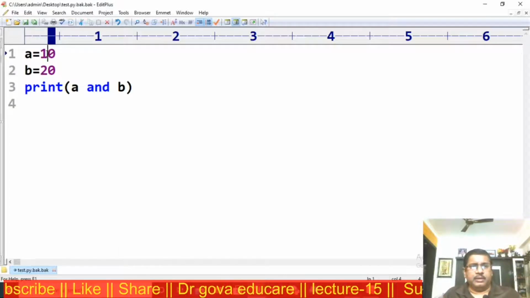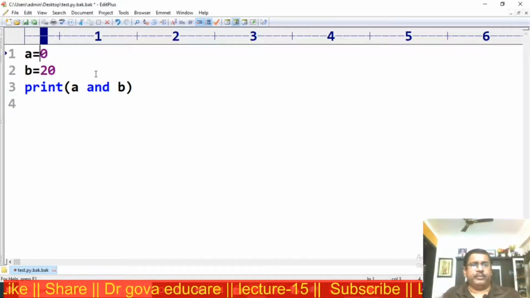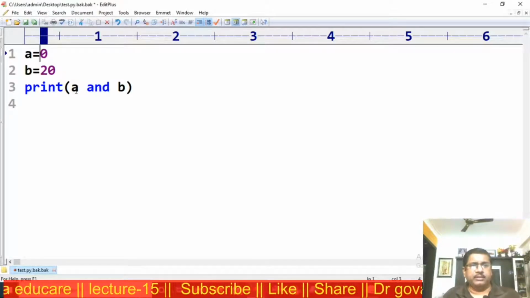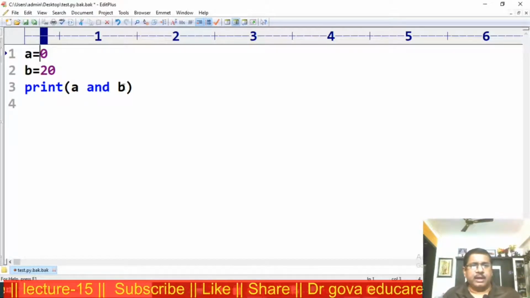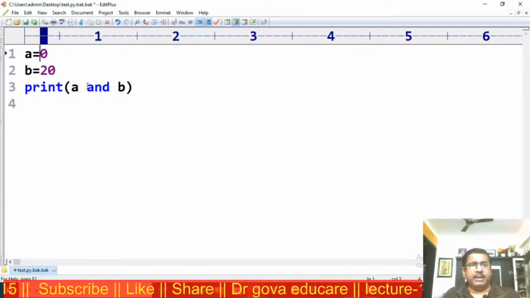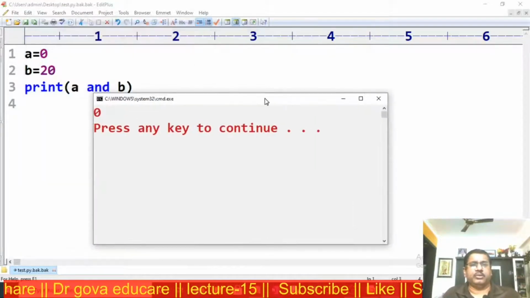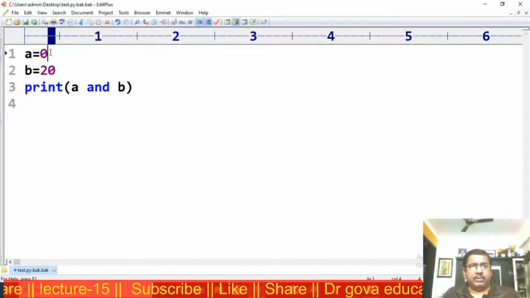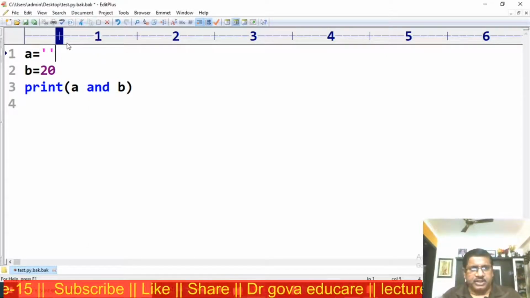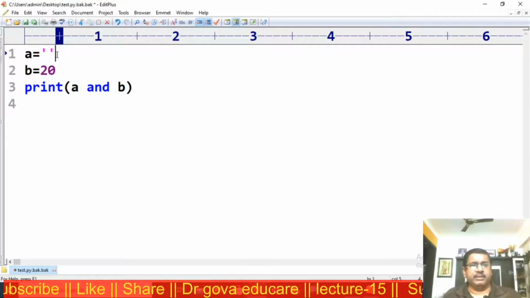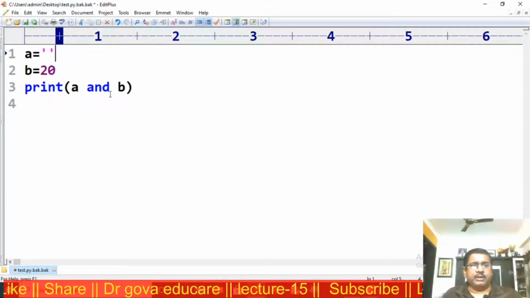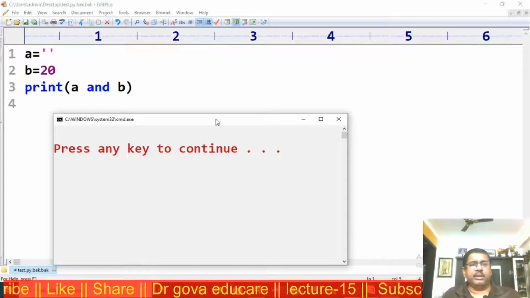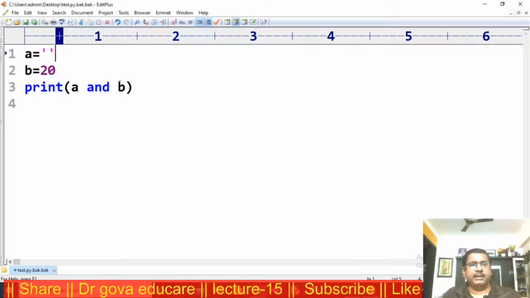Suppose a equal to 0, 0 represents false. Now a is evaluated to false, so 0 is the output. If it is an empty string, which is always false, then the same value will be displayed.